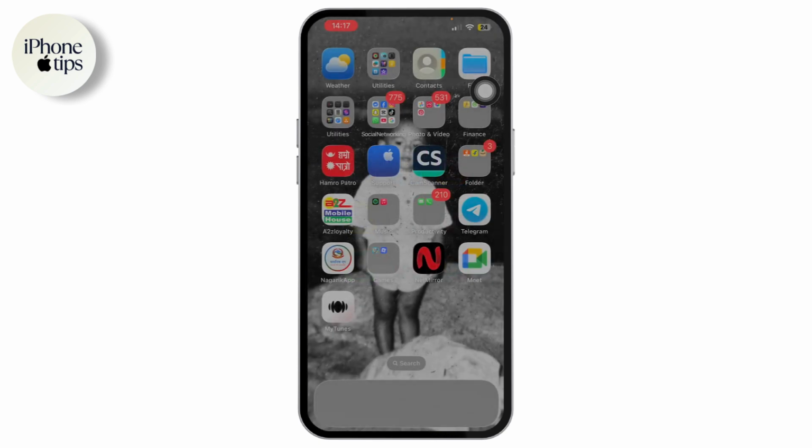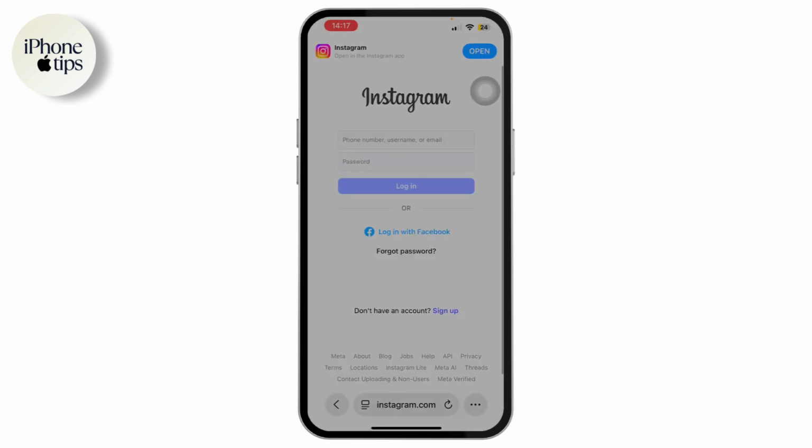Safari. So first you need to open up your Safari. After opening your Safari, you need to go and search for Instagram.com on your Safari. Once you've searched, you will have this kind of interface, right? So once you're here, you need to go with the three dots, which will be in the bottom right, and